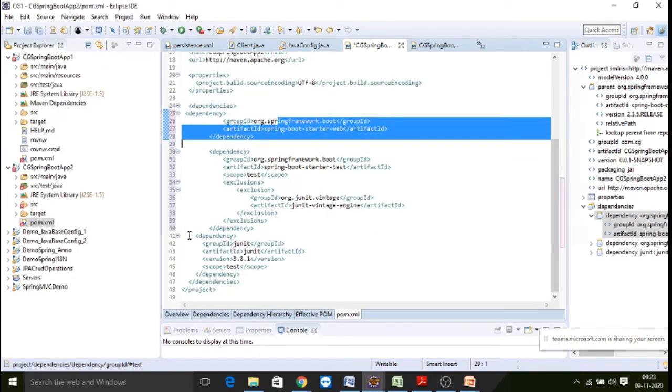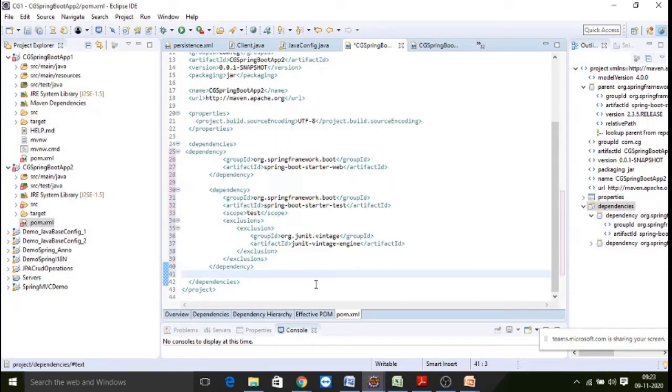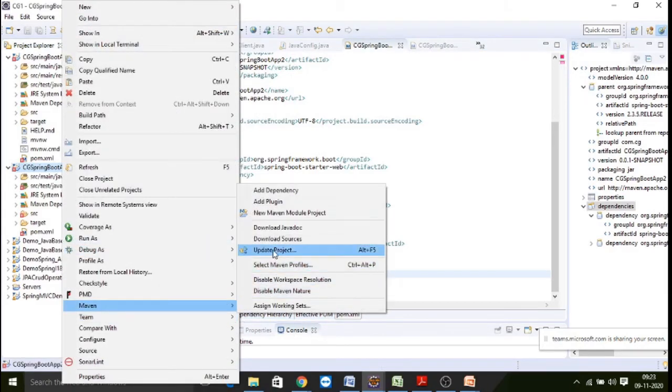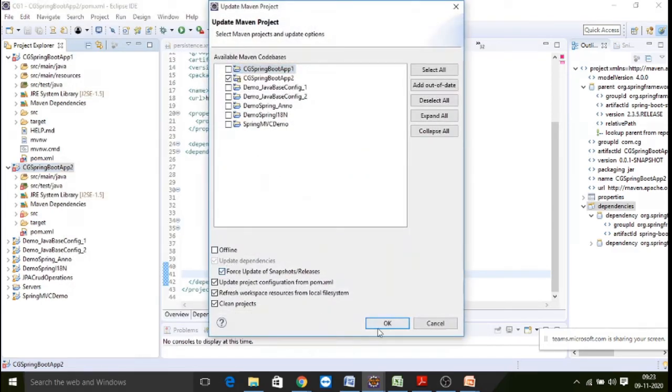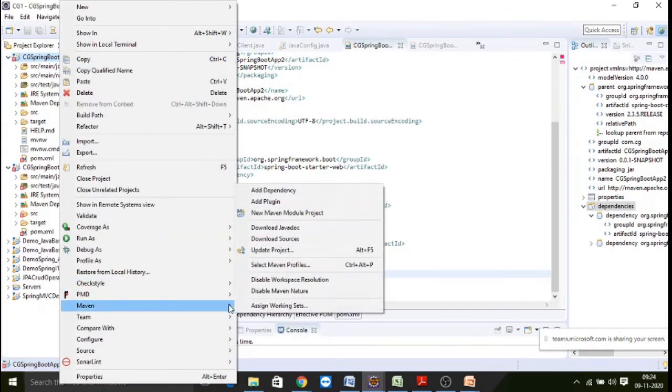The older version comes with a Maven project. You can just remove it because we are going to work with JUnit 5. You can remove this, then save it and update the project. So we created a simple Maven project and we are going to make it a Spring Boot project. Or else you just go to Spring Initializr, that is start.spring.io, generate a Spring Boot project and import it into your workspace. Either way you can work.